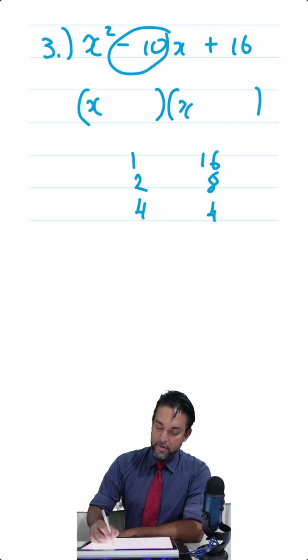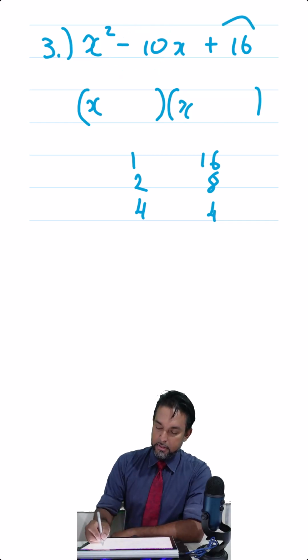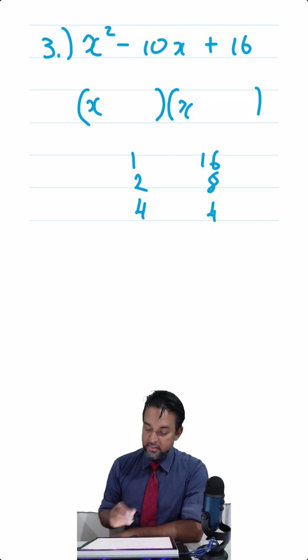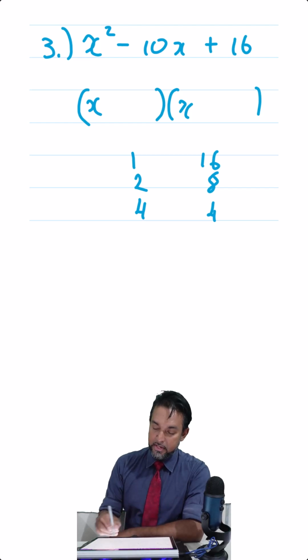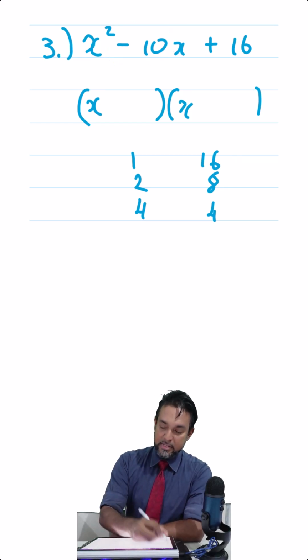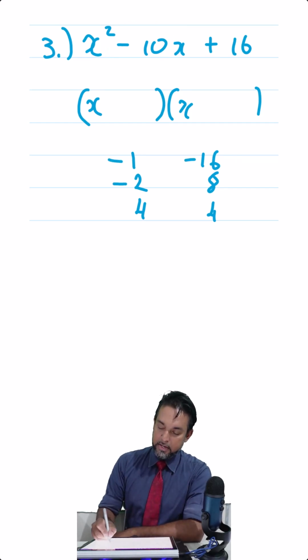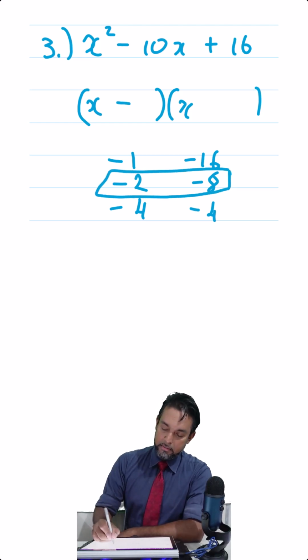Now again, we have a negative coefficient of x, but a positive product. The positive product tells us the factors are going to have the same sign. And what sign is that? The same sign as the middle term. Because when you add two negative terms, you get back a negative term. But when you multiply two negative terms, you get back a positive product. So -2 and -8, that's going to be the two things that we use in the bracket to finish off